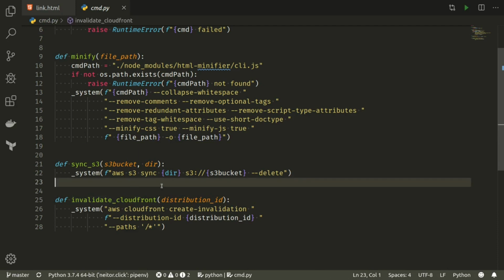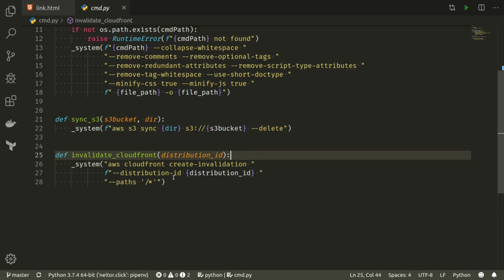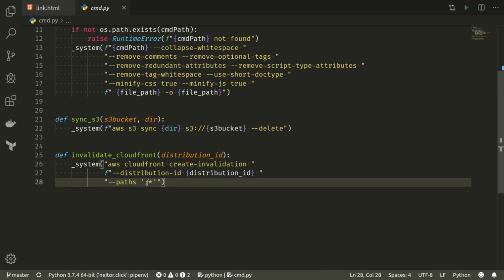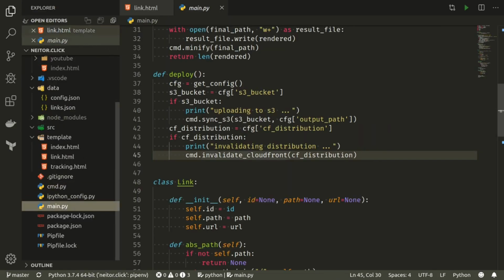And finally, how we invalidate everything in the CloudFront distribution is basically, okay, we create an invalidation. We need our distribution ID. This isn't the ARN, it's just the ID, and for the path we just write everything. We want to invalidate everything. So with that,